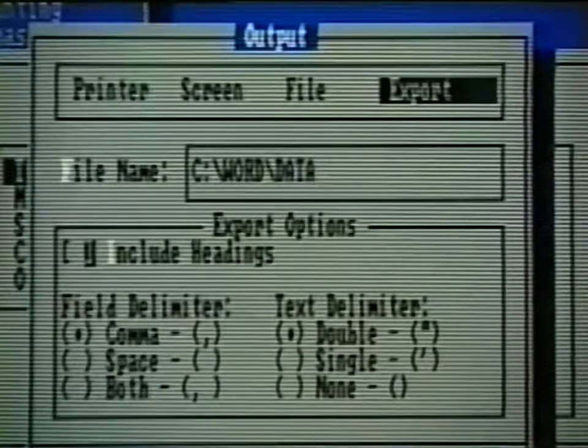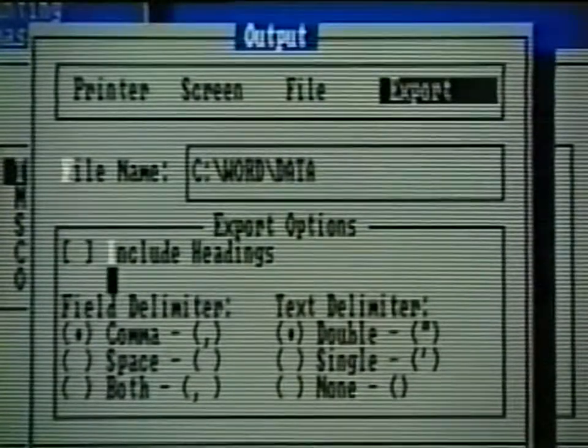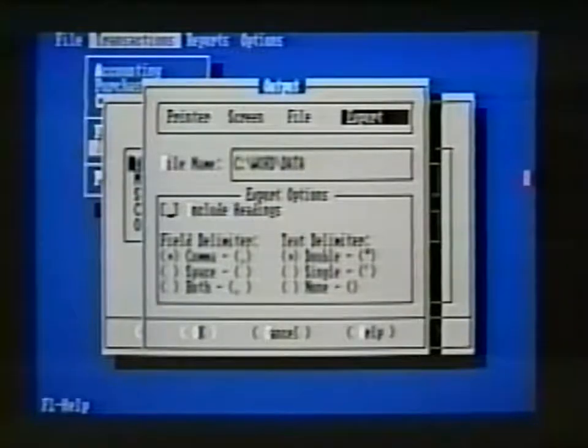Also, tell Pacioli 2000 whether or not to include headings with the exported data. Most spreadsheets will want you to include these headings or column titles. Most databases will not want you to include these headings. Check your database, spreadsheet, or word processor manual for additional information. Now select OK, and your instructions will be carried out. After your journals are printed, review the transactions for accuracy. If necessary, make corrections through the appropriate screen.